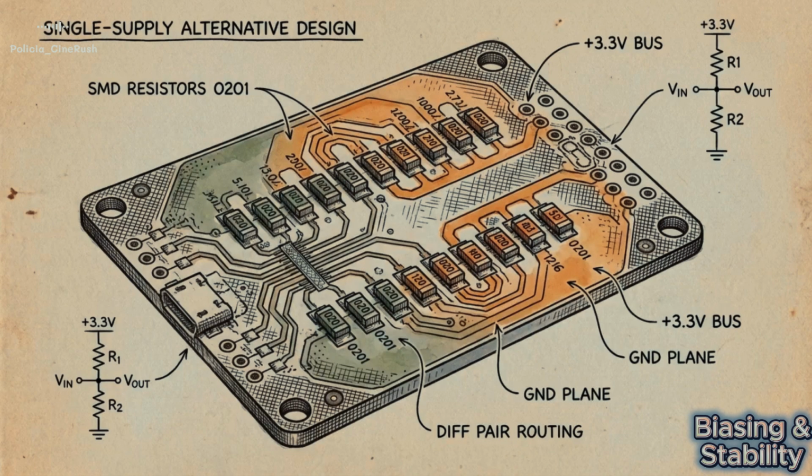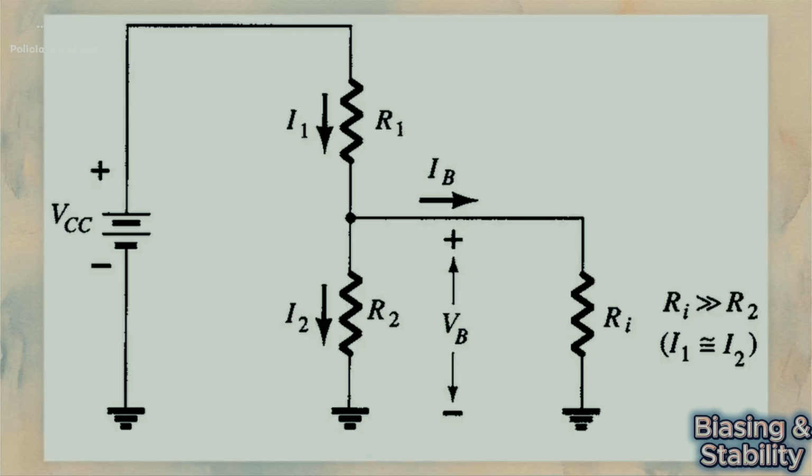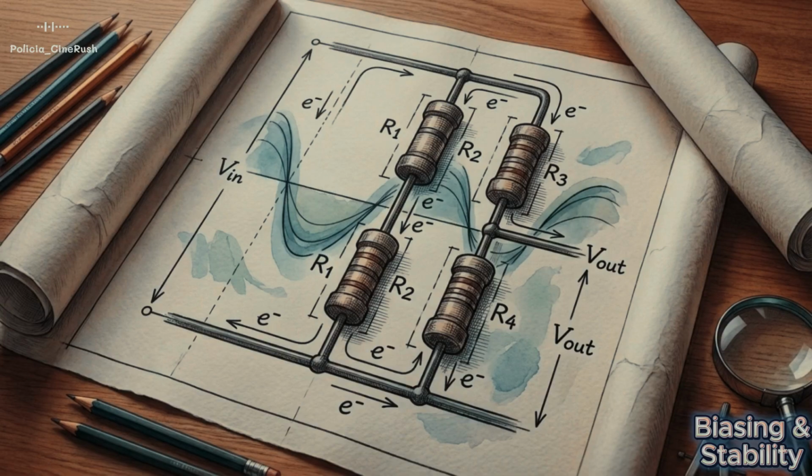To resolve this power constraint, designers developed the voltage divider bias as the ultimate single supply alternative. This schematic illustrates the voltage divider bias. The parallel network of two resistors on the left side creates a potential divider, establishing a rock-solid base voltage that is almost entirely immune to fluctuations in the transistor's beta parameter. This four-resistor layout achieves maximum thermal stability with minimal power requirements, earning its title as the universal standard for discrete